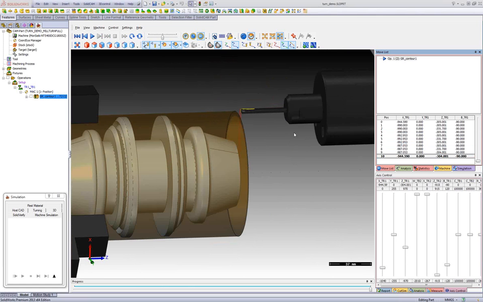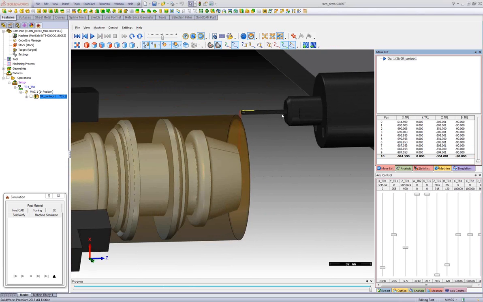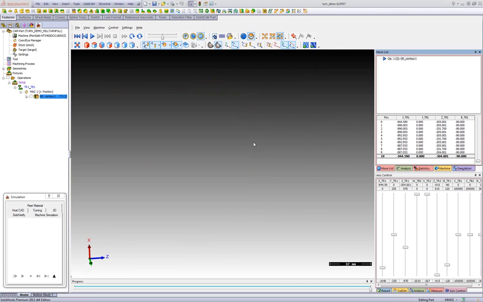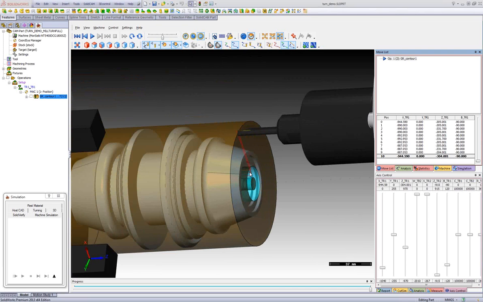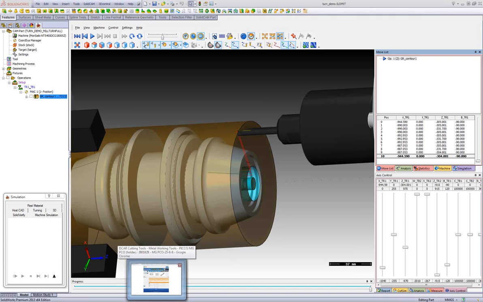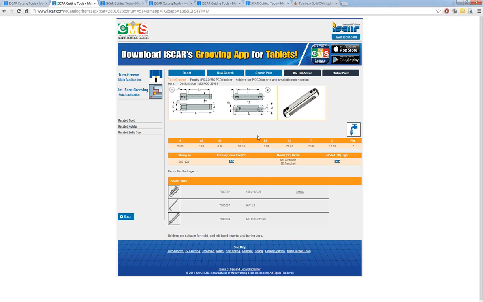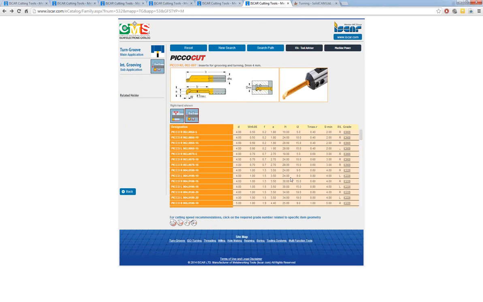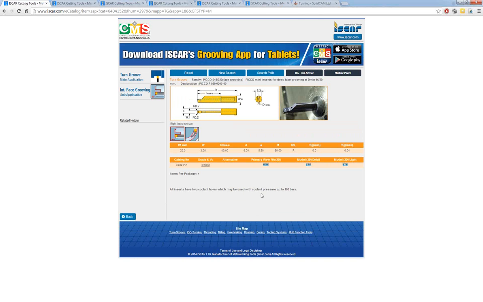Very quickly. So this is the way that we should define a special tool for this kind of problems, grooving on face, or if you have any internal groove with a small tool. First of all, you need to search for the proper tool to work, and after this to define in SolidCAM. We can import any shape with this STL option,